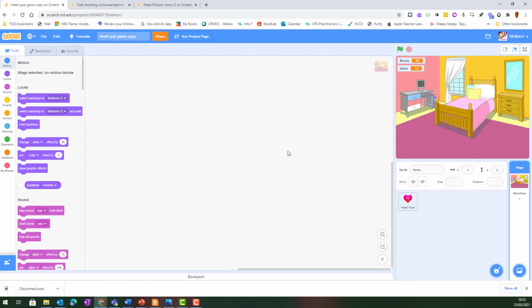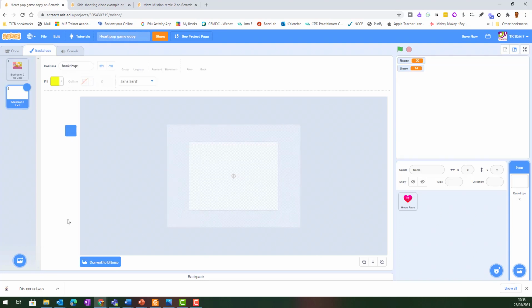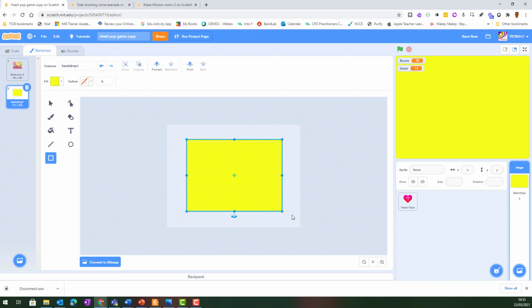So the first thing that I want to do is make another backdrop. So I've got this backdrop here, so you can see I've clicked on this backdrop, and so I'm going to go over to backdrops and I want to add another one for my instructions. I could either do this down here and click the paint, or I can do exactly the same thing over here once I'm in the backdrops and click paint there. So I'm just going to draw around the screen. You'll see here I've chosen a colour, I've gone to the square, and I've made sure that I can